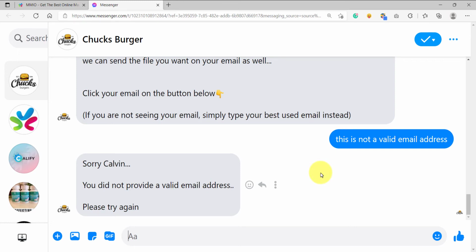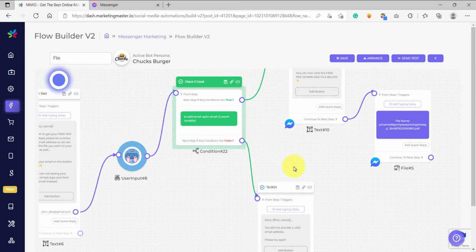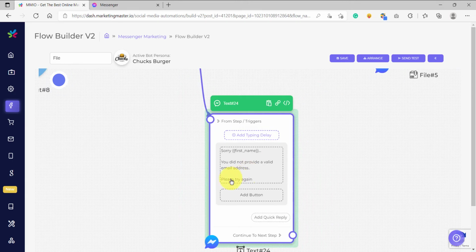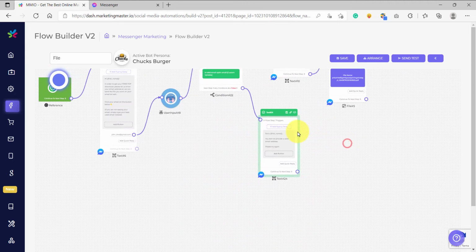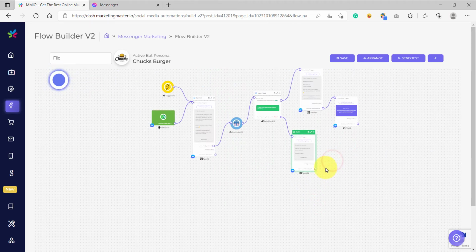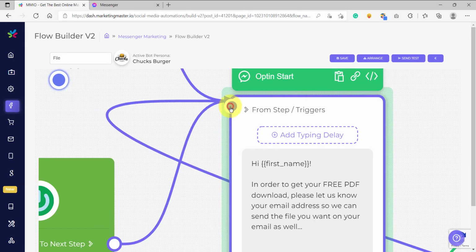So now I want to teach you a best practice chatbot flow configuration wherein if ever the user did not provide a valid email address, our chatbot flow would prompt our user to try again. So how do we do that? Let's go back to our flow, and as you can see, this is our condition and we are sending this message if the user did not provide a valid email address. So instead of just sending this, what we're going to do is connect the output node of our text element,